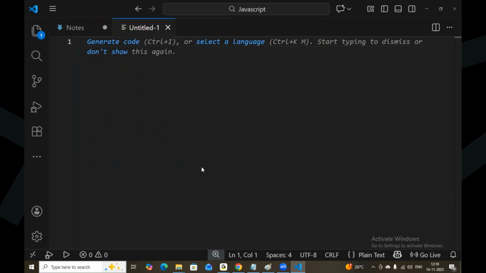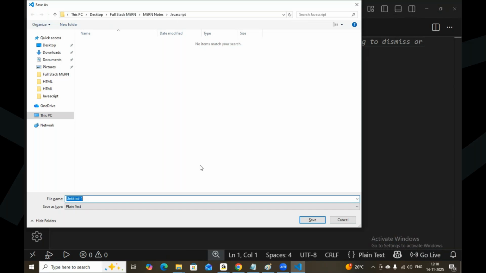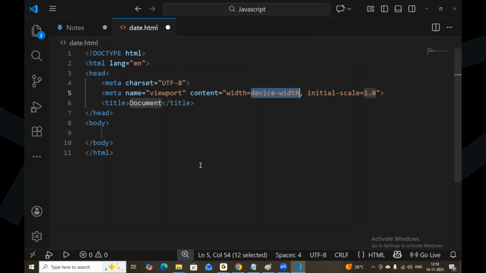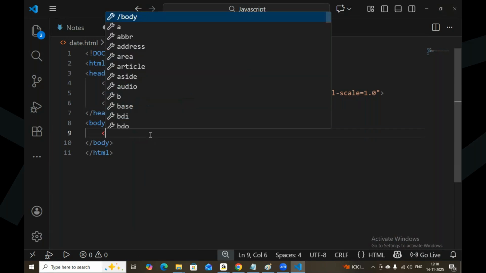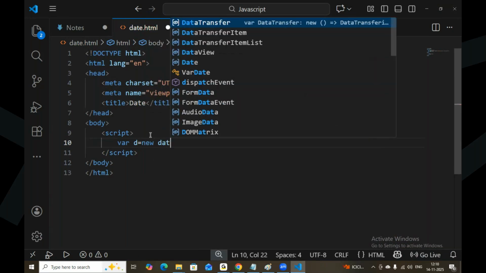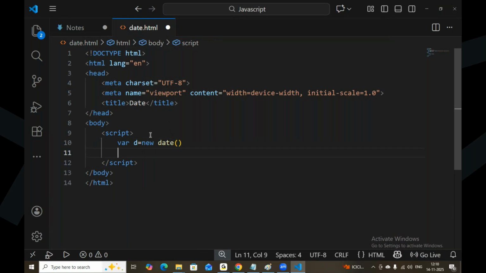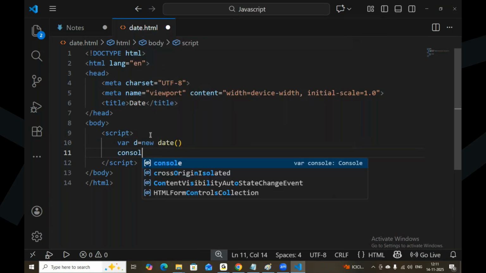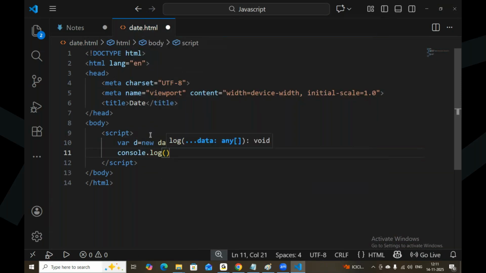Take a new file, date.html. Script, where d is equal to new Date. New Date, it's a function. Okay, so I want to print this one on top of the console. console.log d. When I say d,